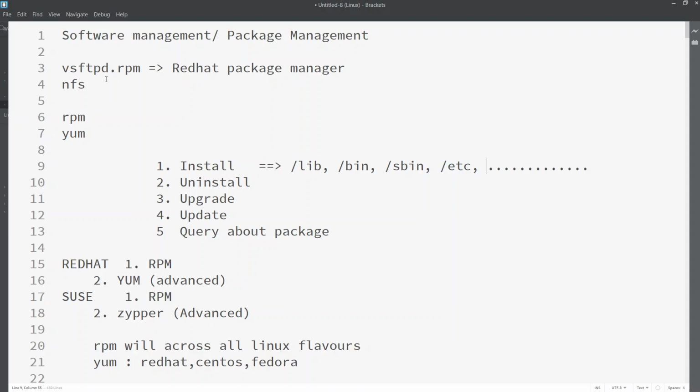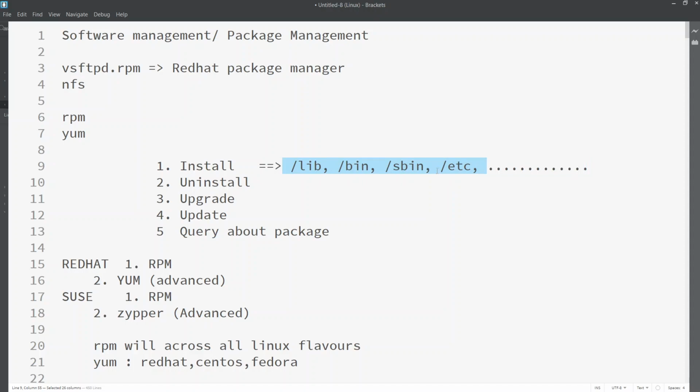So whenever you install a package, it will keep respective files in respective directories. All the libraries will be placed here, and binaries and superuser binaries, and then all the configuration files in /etc. Whatever is present, it will keep in those respective partitions.